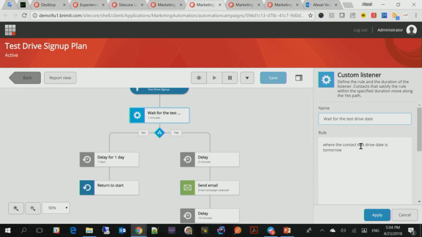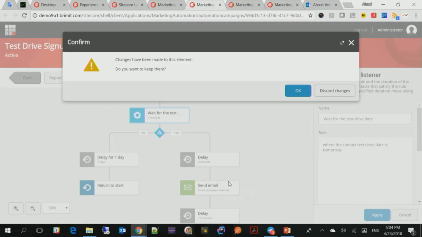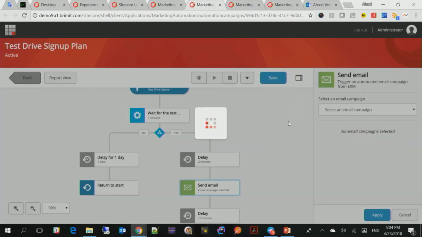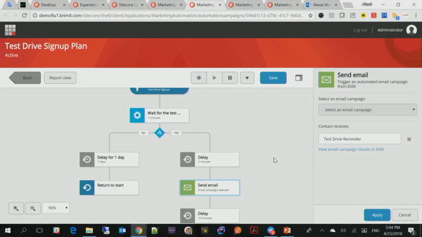So I obviously have this condition set to true so that we can immediately move to the send email action type. And by send email, we mean a triggered EXM email. So this test drive reminder email is an email that is configured in EXM. And the delays that you see here are just for the purpose to have some time and explain the purpose